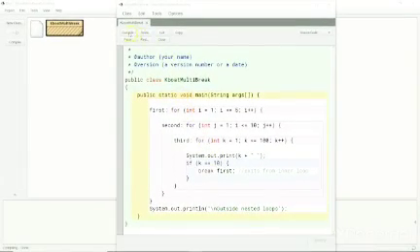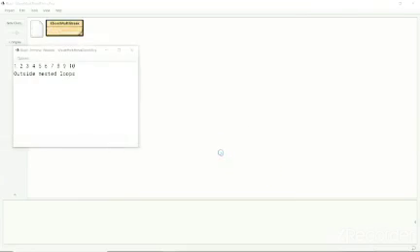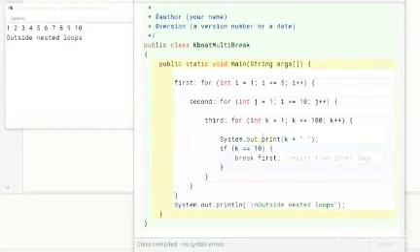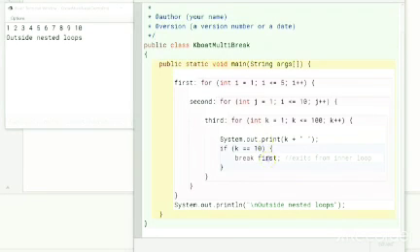Let me execute the program. As you can see, the output is same as before. If I change this first to second, it will transfer the program control outside the second for loop over here. Let me add a println statement to make it clearer to you.